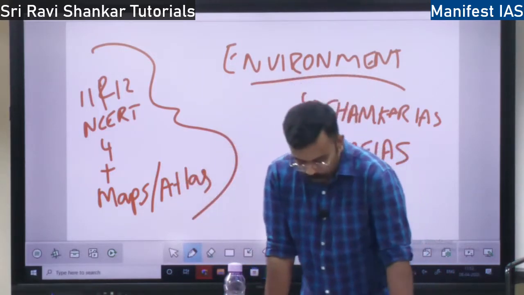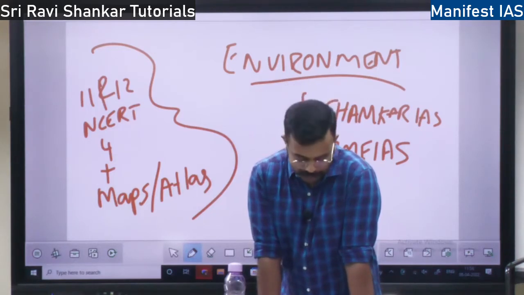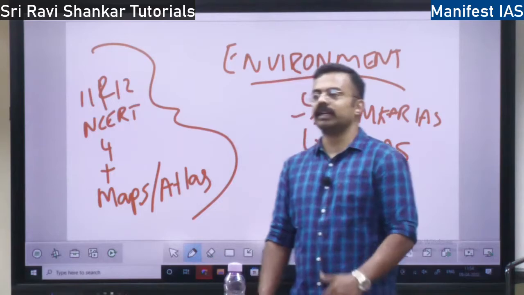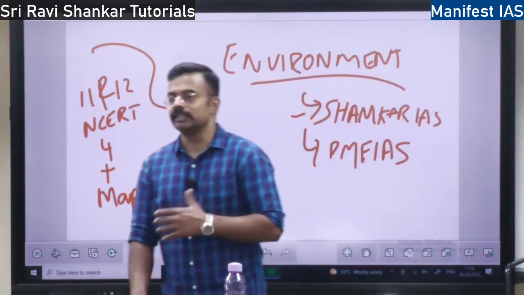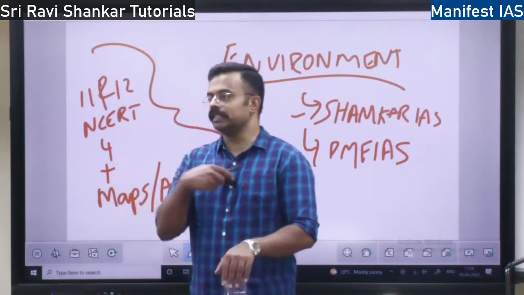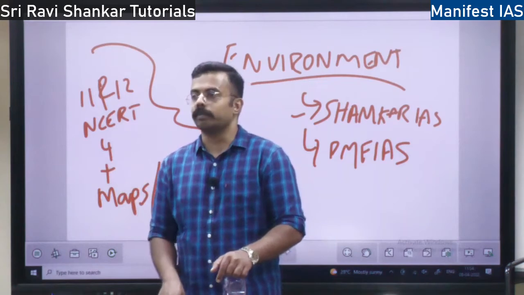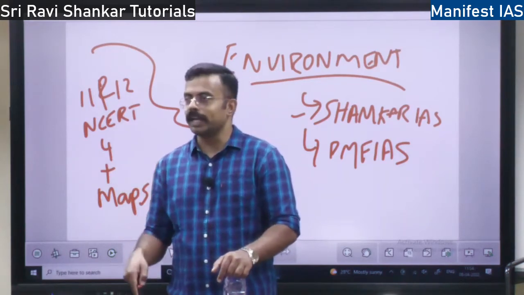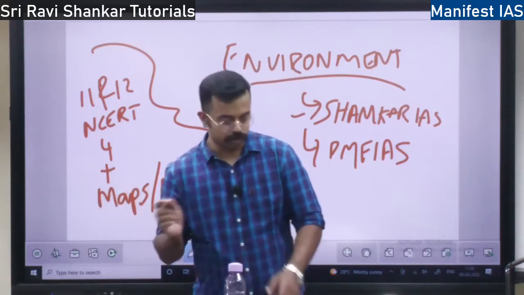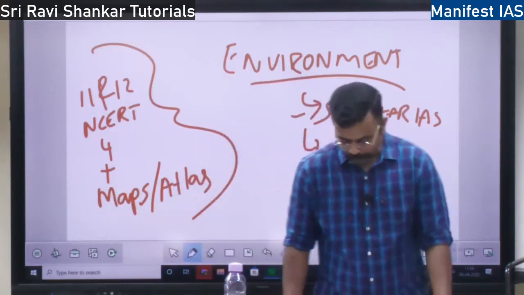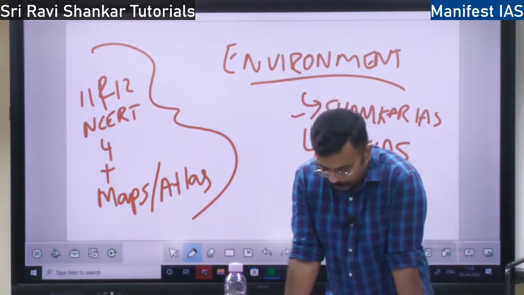So when it comes to environment, there are two types. One is the external environment. In the external environment, there are both biotic and abiotic factors. Let's say I am an organism. My external environment is this classroom. Here you are the biotic components because you are living beings, and the non-living things, that is the board, the duster, all these things, are abiotic components, right? So that is the external environment, and then there is the internal environment.